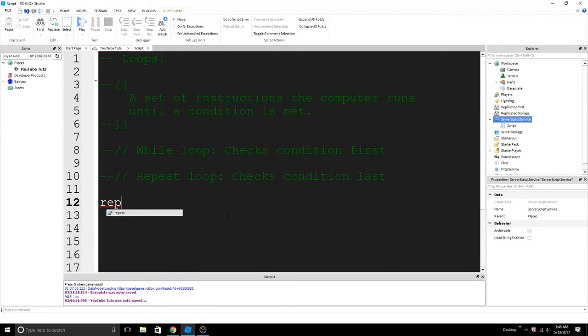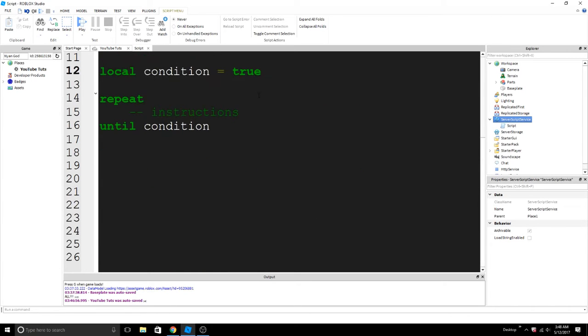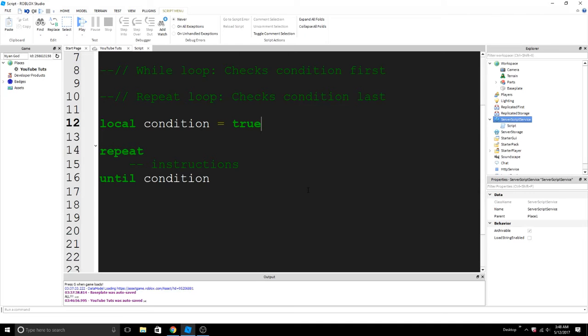So syntax: repeat, and then the instructions, and then until condition. Obviously, the condition can be anything that's truthy, or anything at all. In fact, it could even be time. Well, it can be anything, but as an example,